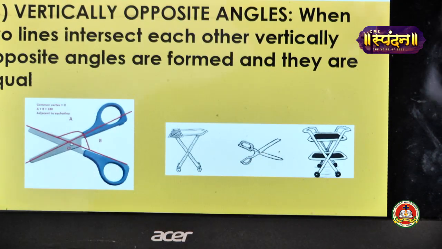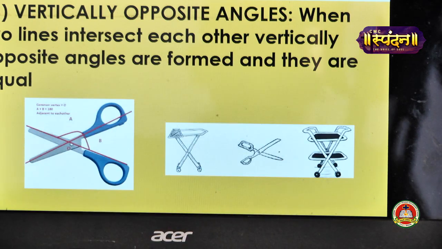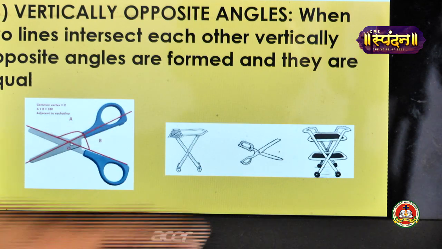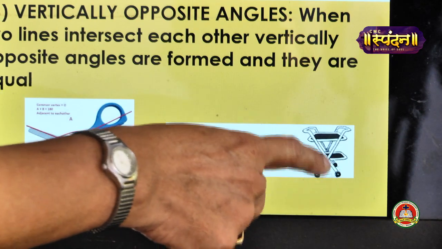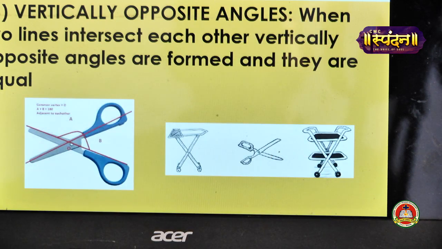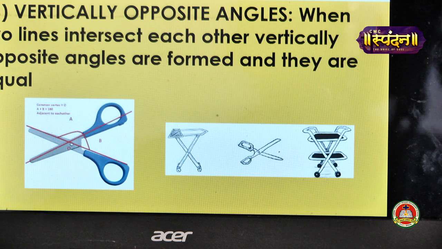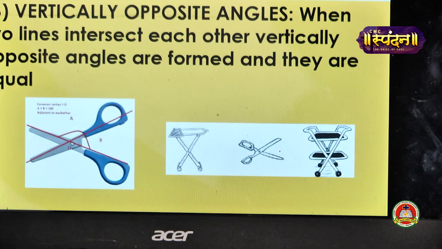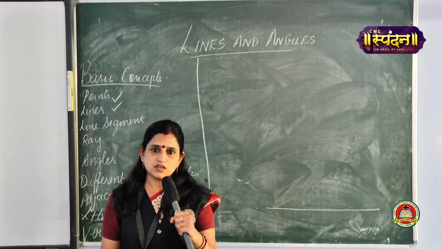It is given for support, and they are intersecting each other, and there also you are able to see vertically opposite angles are formed. So I can say the vertically opposite angles that are formed are also equal. Especially in this exercise 6.1, you will be using this linear pair and vertically opposite angles, supplementary angles, etc. That I will explain to you while doing the exercise. Hope you would understand the basic concepts.